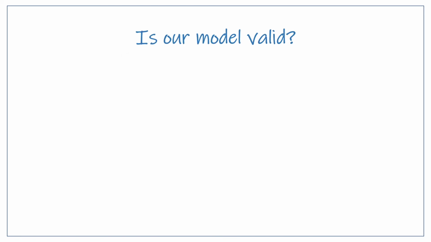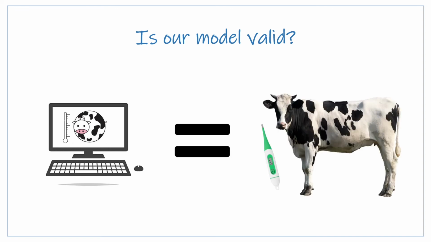But if we make so many assumptions, how do we know our models are valid? Well, we can compare models to real data to check that they behave in the same way. In the case of the cow, we might not be able to measure its internal temperature easily, but we can check the temperature of its mouth and skin to compare to the predicted temperature from the model. This can help us determine how accurate a model is and whether it is likely to overestimate or underestimate values in the real world. This is especially important when we start looking at the threat of pandemics in the next